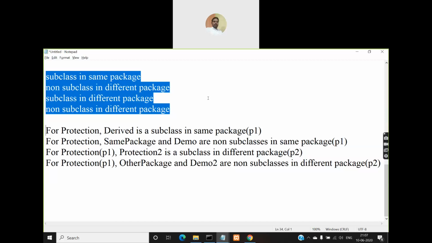That we already have defined. So I request you for tomorrow's class, go through that access specifiers introduction class, where I have given a classification of whether you can access different types of members in subclass or non-subclass based on its access specifier, whether it is public, private, protected, or default public.